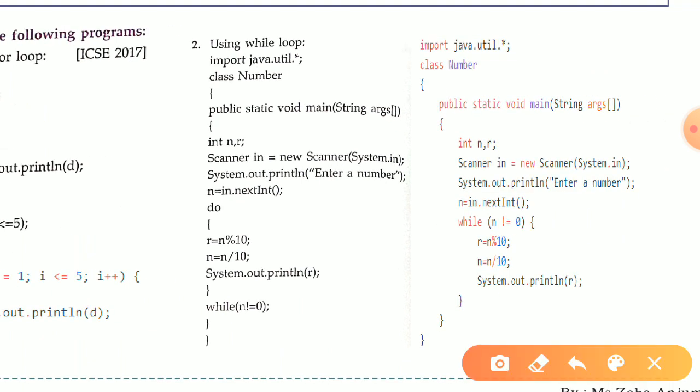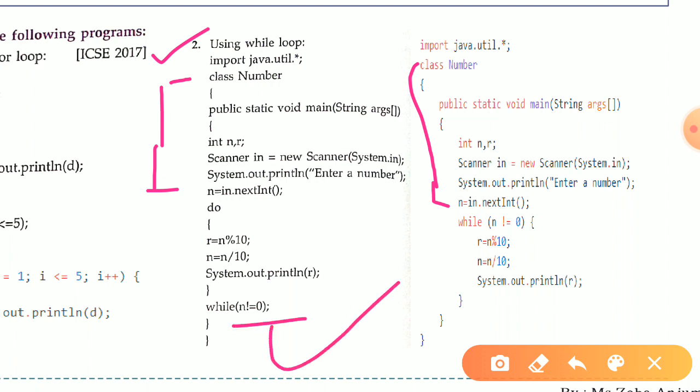Now see over here, we are having one more question using our do while loop, the second one, and you have to convert it into your while loop. Okay, so firstly what we are going to do, we are going to write down all these statements like this. Okay, so the first one, from here: class, public static void main, int n, Scanner and all these things. Yes, all these things we are going to write down as it is, because they are not taking part in your looping. Yes, now over here, see, this is a test condition, it is going to come over here